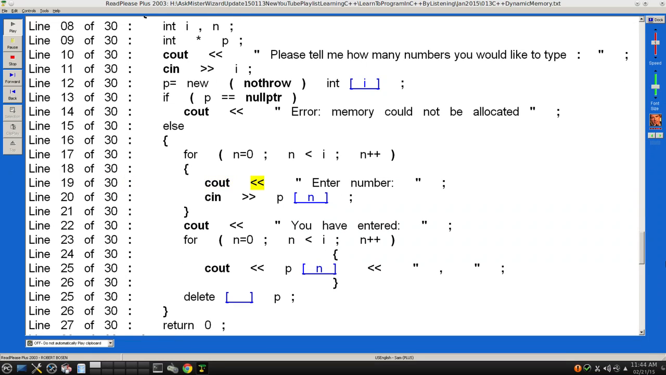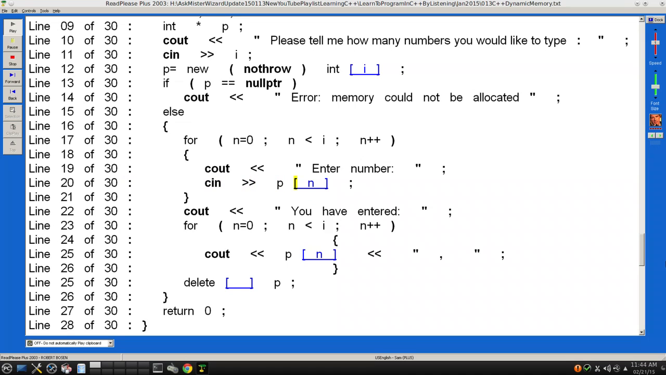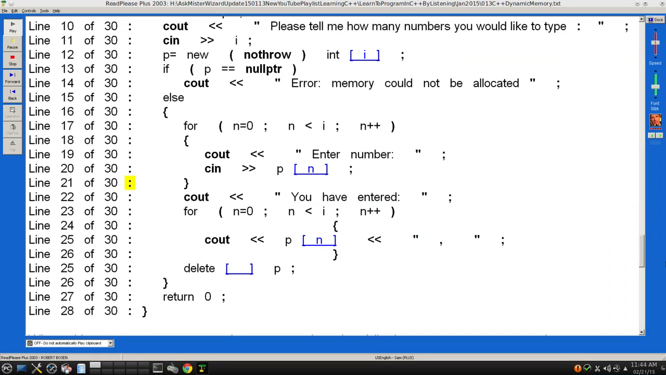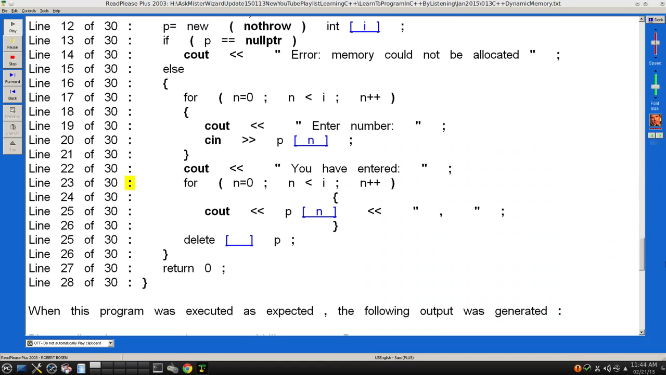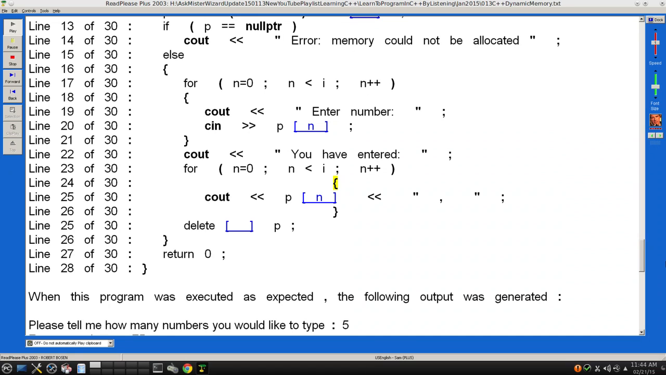Line 19 of 30: cout << "Enter number: "; Line 20 of 30: cin >> p[n]; Line 21 of 30: } Line 22 of 30: cout << "You have entered: "; Line 23 of 30: for (n = 0; n < i; n++) Line 24 of 30: {